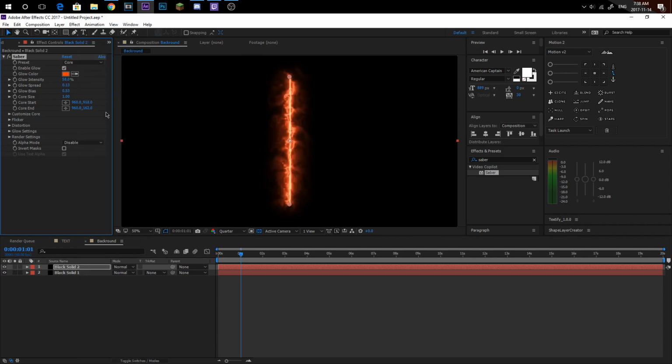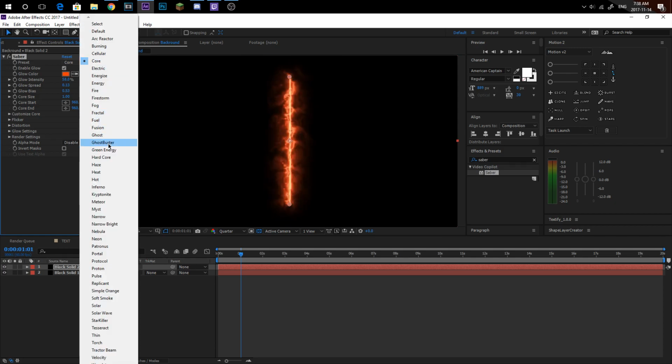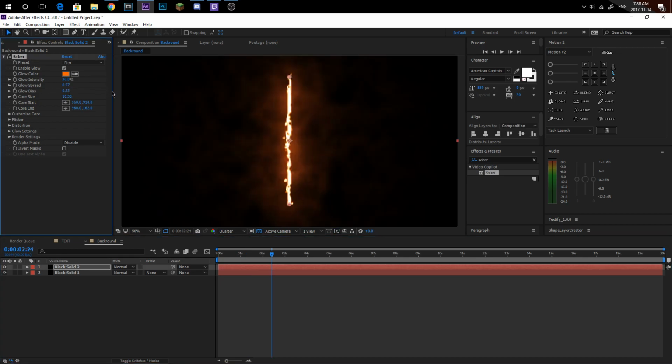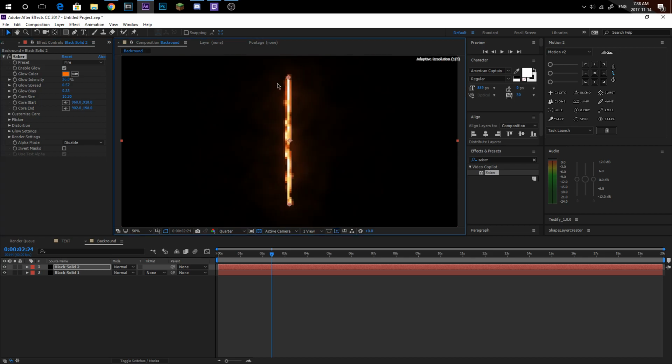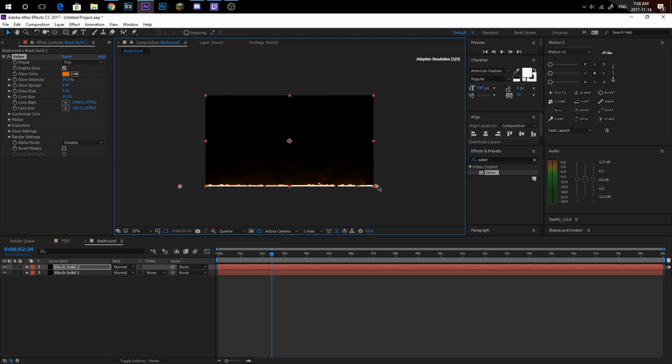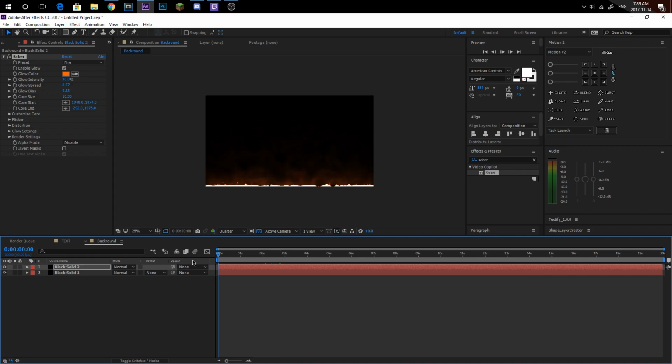Default's really good, but for this one, Ghostbusters is a good one, but I like Fire. That's what I used for my other intro. It just creates this effect. So what I can do is go to grow and spread like that. That's what you're looking for. Then you need to grab this and center it around the bottom. That looks like fire, so that's a cool underneath effect, but